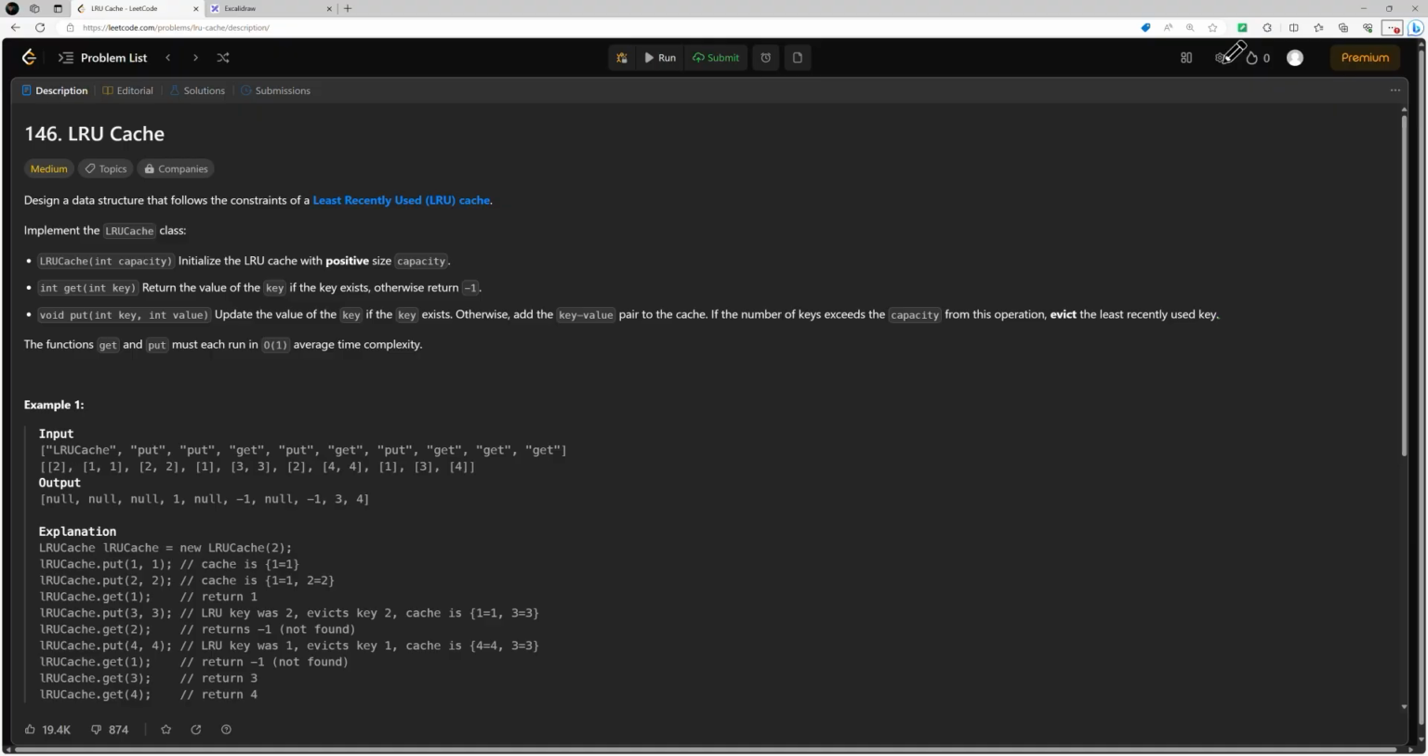The next problem is called Least Recently Used cache. We have to design a data structure that follows the constraint of the least recently used cache, and implement that class. We'll have the constructor of the LRU cache, which will initialize the cache with a positive size capacity. The capacity for our cache is given as a parameter to the constructor, and then we